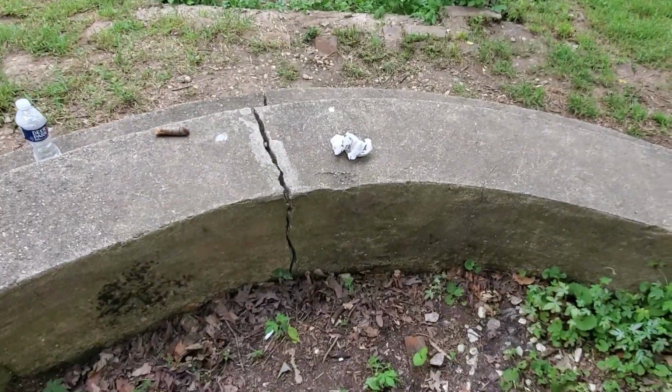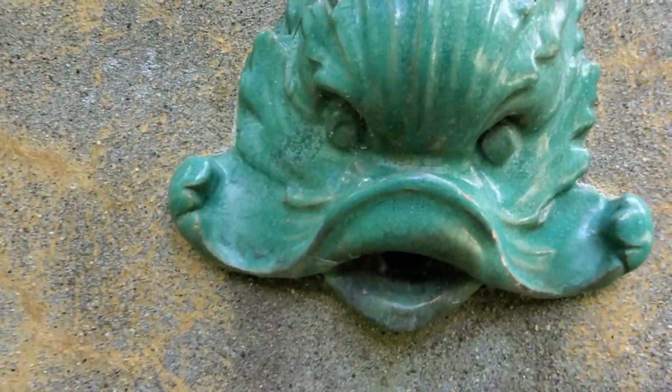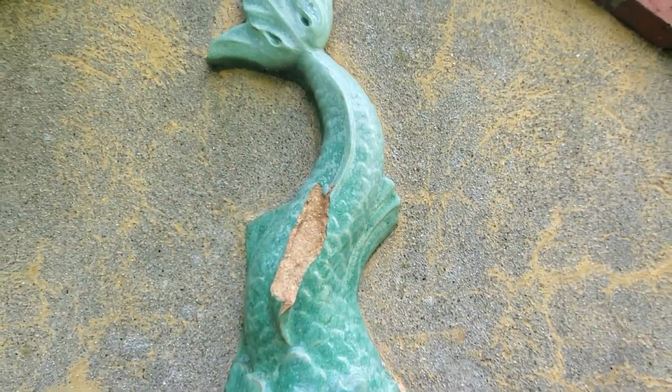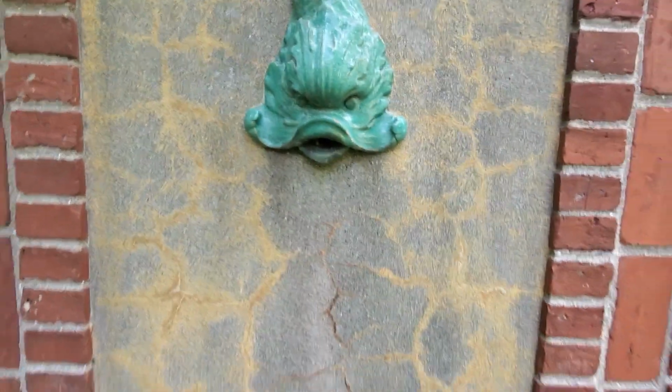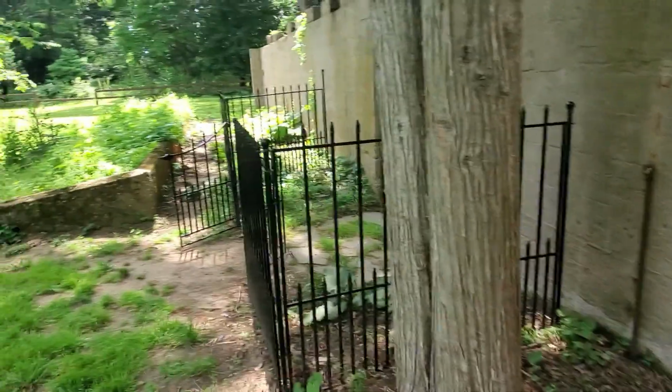Maybe there's an opening on this side. No, there's a crack, but no opening. I would have thought that maybe that would have fed the little reflecting pool there, but I guess not. And he looks pissed off. I just think this is from like the 1930s, 1940s. It still stands here. Somebody piled up the bricks over there. And up here,